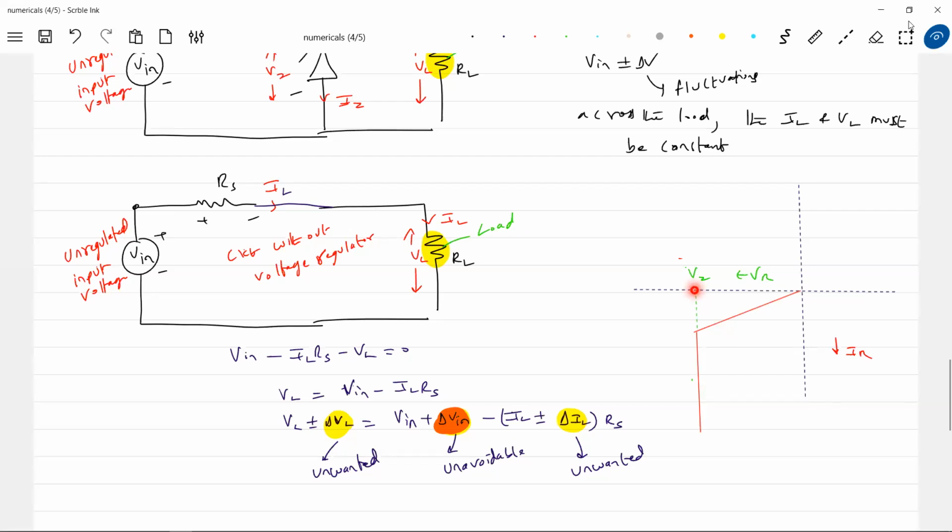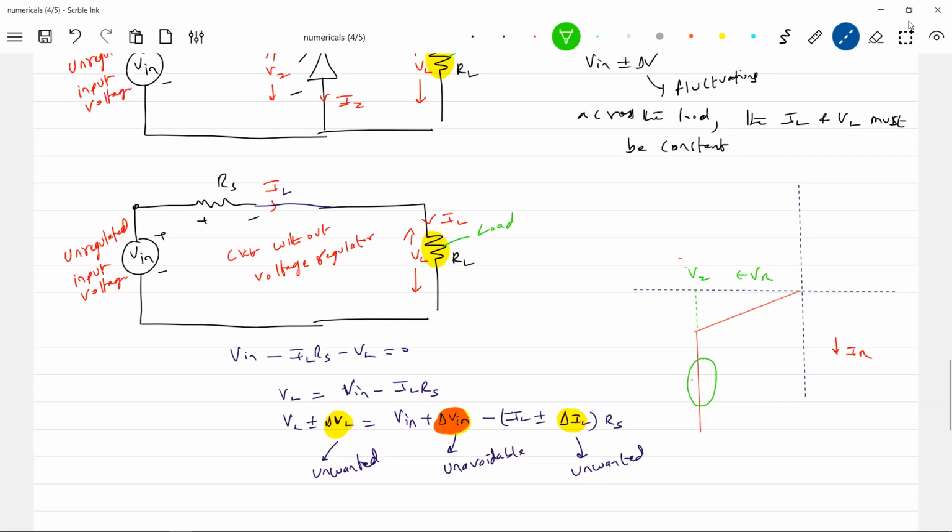Practically what happens, suppose 9 volt is the Zener voltage. Though the current varies from say 1 milliampere to 100 milliampere, the voltage hardly fluctuates. From 9 volt it may become 9.1 or 9.05 volt, like that. Theoretically we say, though the current increases, the voltage is constant. I think this property is what I'm going to use. This is the operating region.